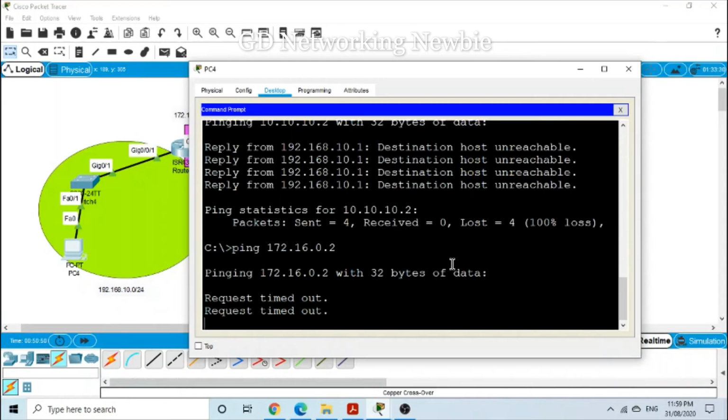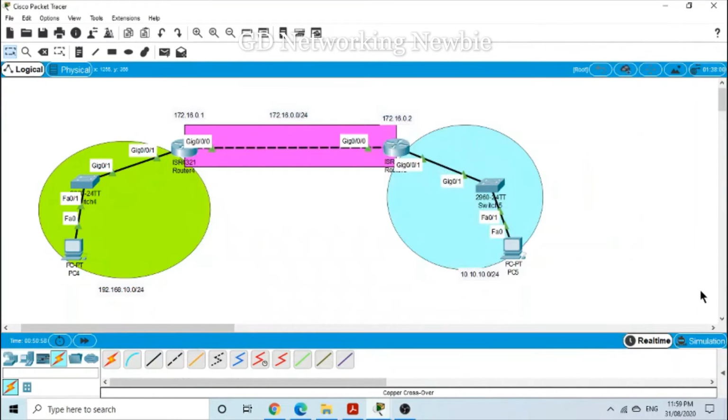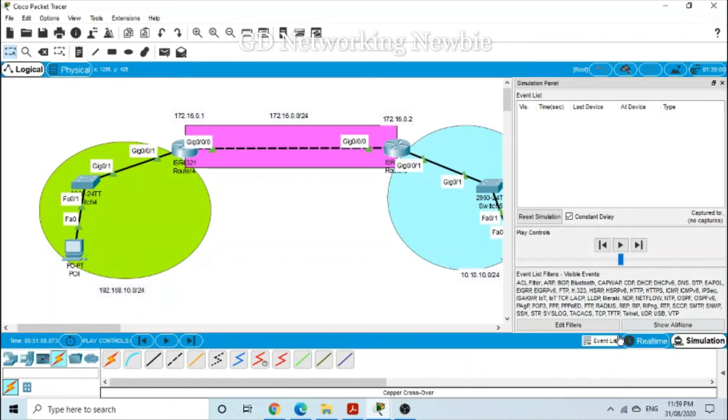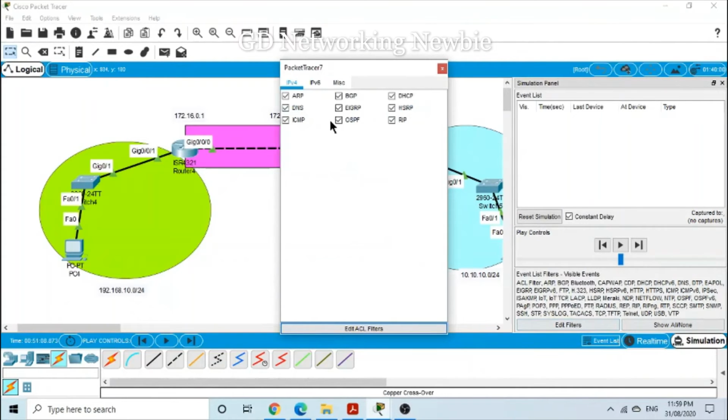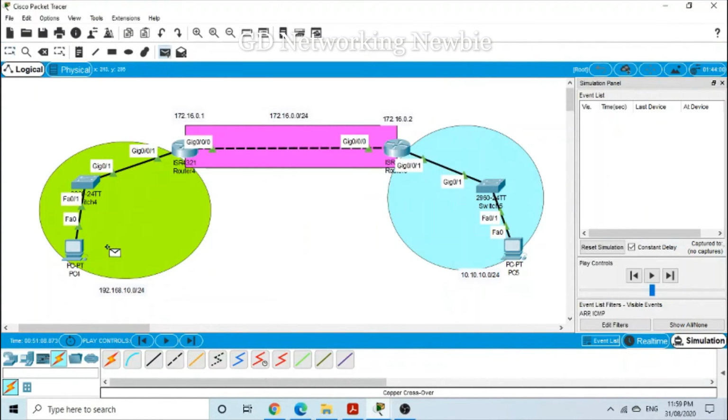Yes, it's still not working. Now, let's see up to what point it is working. So we are using this simulation mode, and this is really interesting to see. We are going to uncheck all except ICMP and ARP. Okay. Let's see. We want to see from this